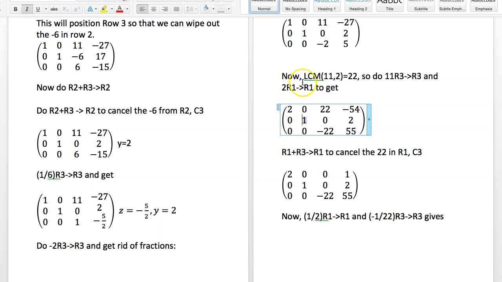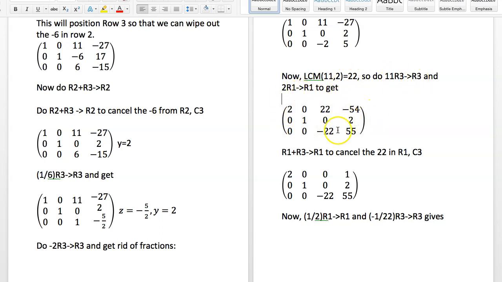But you can't do any additive put calls in row 3, because I don't want to mess with these zeros here in row 3. It's the same reason, and also I don't want to mess with row 2, except for the trivial call. I don't want to do any additive calls in row 2. You can do the multiplicative trivial calls just fine, but I don't want to do any non-trivial calls. Okay, so I do 11 row 3, put it into row 3. I do 2 row 1, the trivial put here,